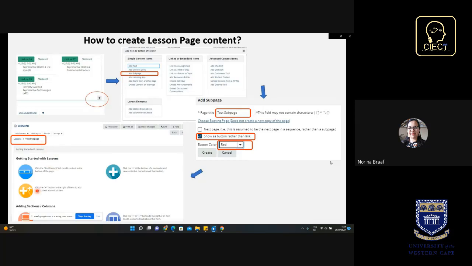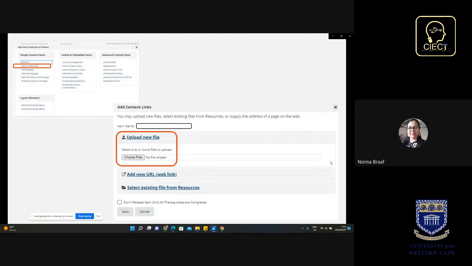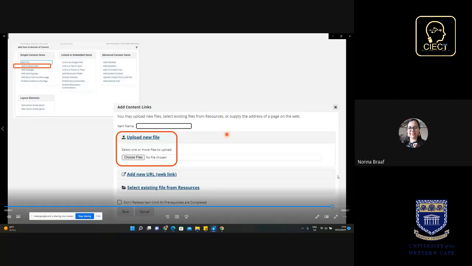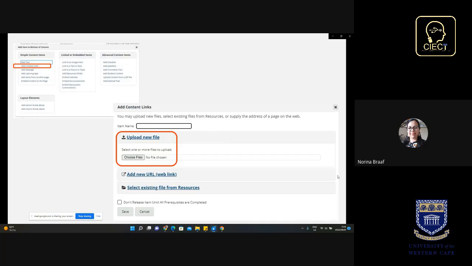And then you can again fill this with content. You can either use one of those items, just press and then something will happen, or go here, add content. This is what I do. And then again, this is something you already know, but here now we will go add content links. When you do this, you will get this window here, and then you can either upload from existing resources or add a new URL or whatever, or here